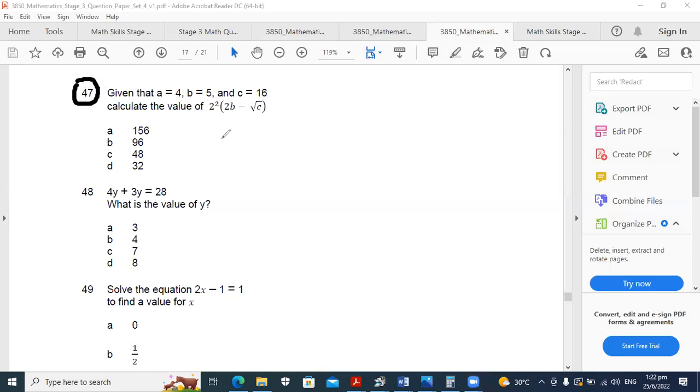Anybody work out 47? Well, 2 squared is what? It's 4. And then you have 2b, 2 times b, 2 times 5 is what? 10. Subtract the square root of 16. Square root of 16 is what? 4. So it's 4